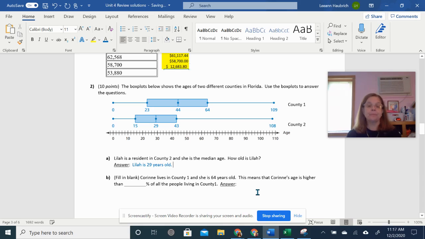Question B says, fill in the blank. Corinne lives in County 1 and she is 64 years old. This means that Corinne's age is higher than what percent of the people living in County 1? So here's Corinne's age. This is 25%. This second section is 25, and this is 25. So 25, 50, 75. She is older than